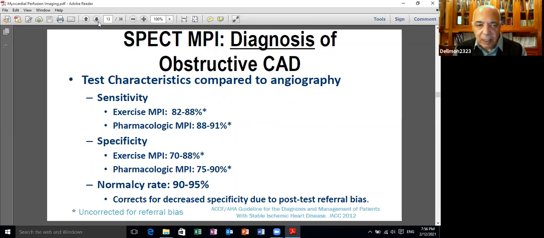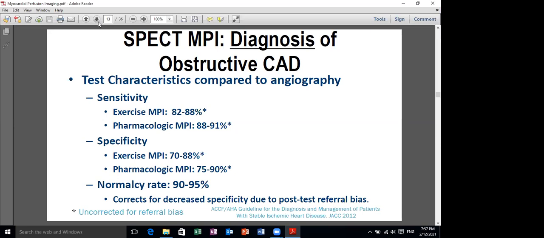And the other thing is that these are all studies from the time FFR was not available. We know after FFR was introduced in the evaluation of coronary stenosis that a 70% lesion can produce ischemia, and a 70% lesion may not produce ischemia, depending on the FFR. At the time we had these figures, there was no FFR, so we don't know exactly what was the gold standard by which sensitivity and